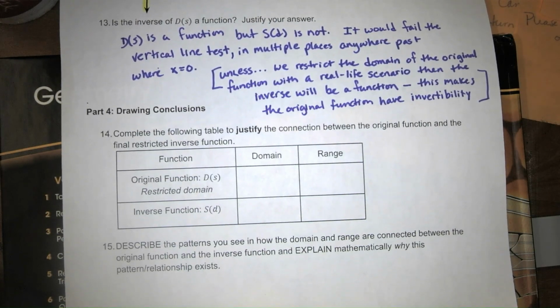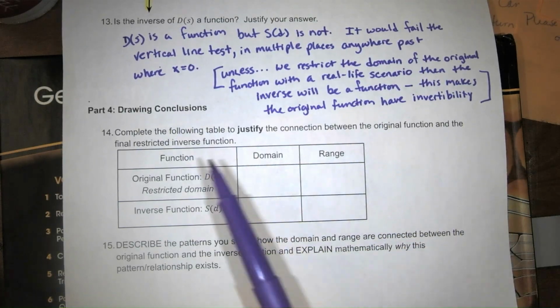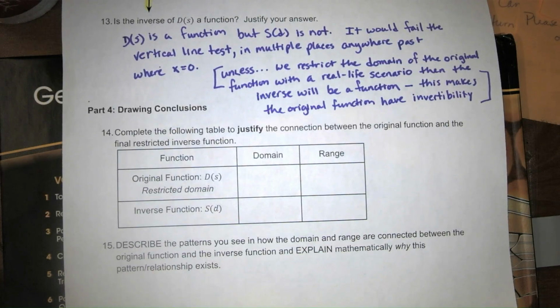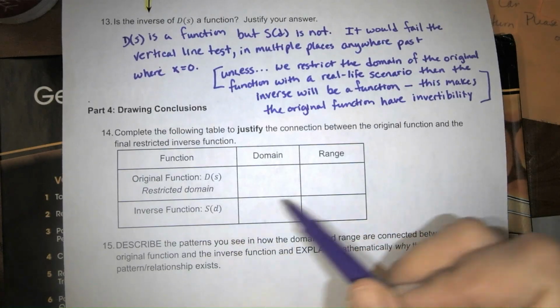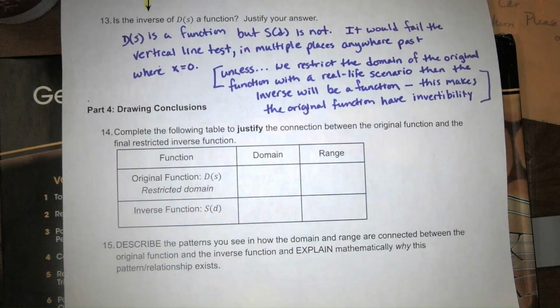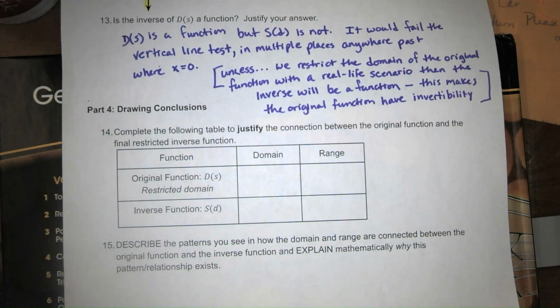It's asking us to complete the table to justify the connection between the original function and the final restricted inverse function. If you remember, we restricted the domain, and then the inverse was also restricted because of it. So we're going to look at the domain and the range for the original, and then the domain and range for the inverse. Flip back to your questions where you did that, and let's put in here the interval notation for both of those. You answered that in question 4 and again in question 8. So pause the video,